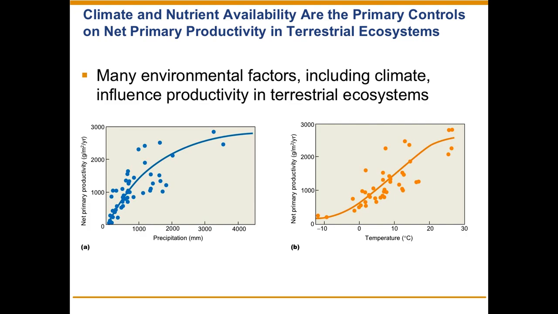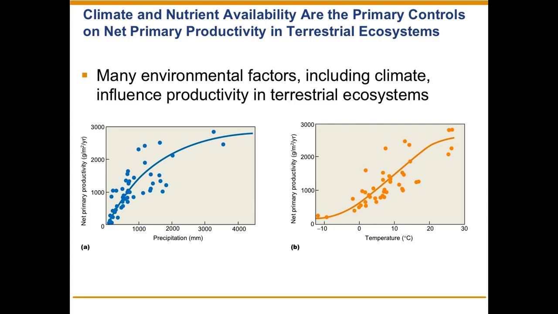So this is an example in a terrestrial environment where we've got productivity here on the y-axis in two different plots. And as precipitation increases and temperature increases, we can track and plot an increase in productivity. We've talked at length about why we would see this in previous lectures. Like the amount of water that's available to plants will increase their ability to grow. And similarly, if we increase temperature, we're creating a better environment for the plant. So that can be developed from an experiment.